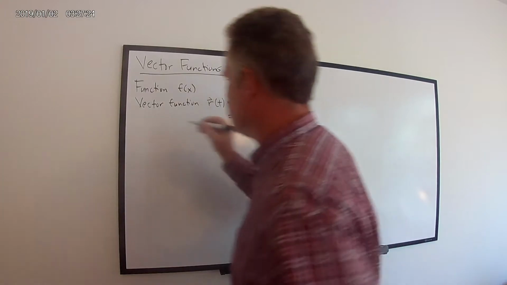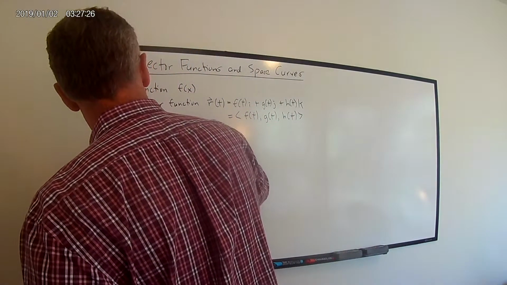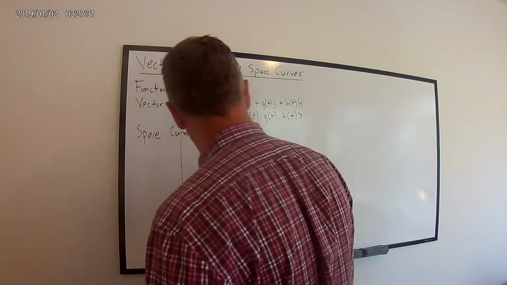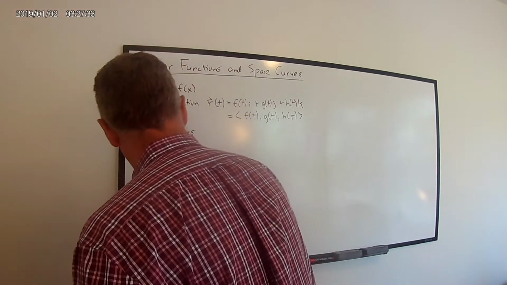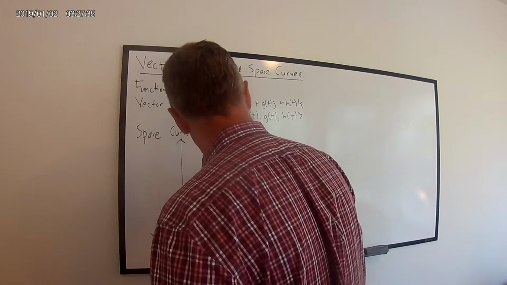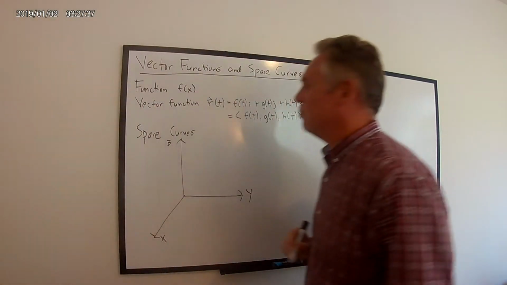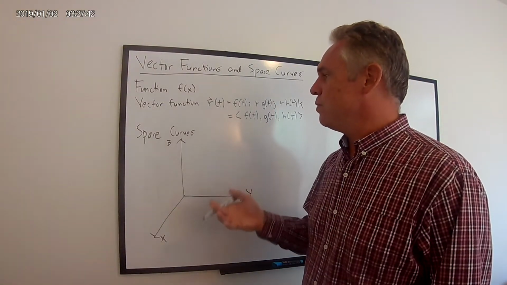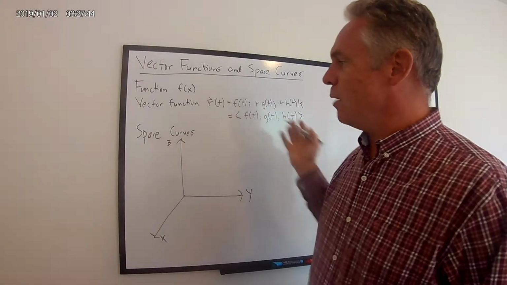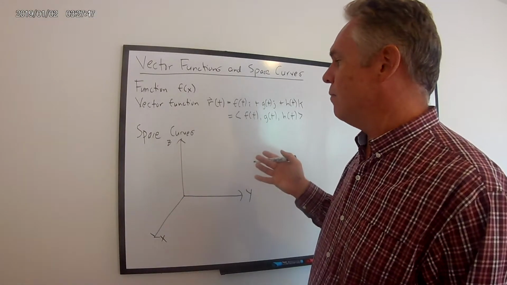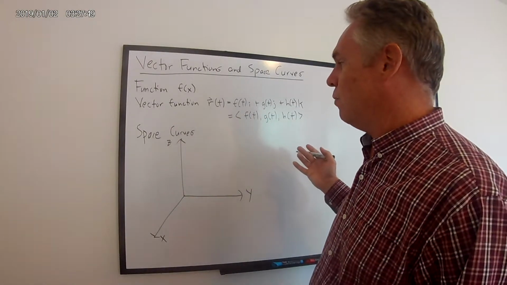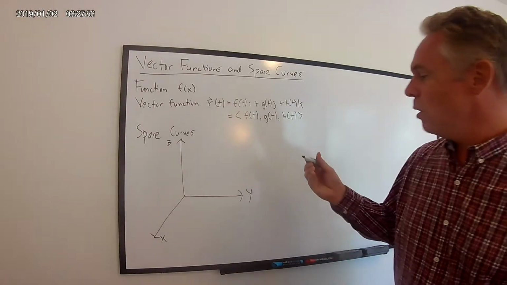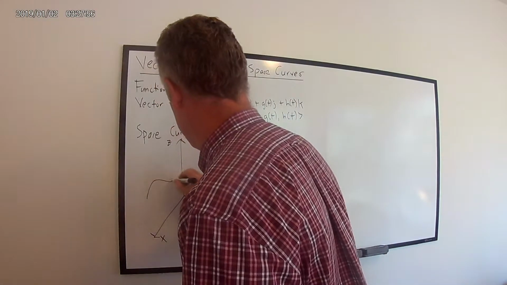Let's talk a little bit about space curves. A space curve is pretty simple. Imagine you had an airplane flying through space, okay? That airplane's trajectory through space would trace out some curve. Or you could throw a stone that traces out a curve. Or you could have a particle moving in an electromagnetic field, okay? So a space curve is some kind of curve